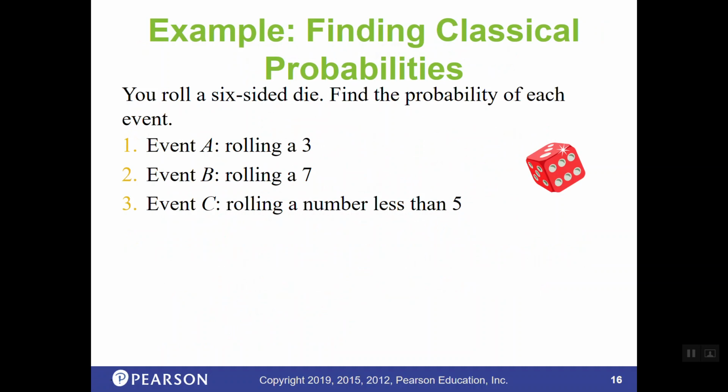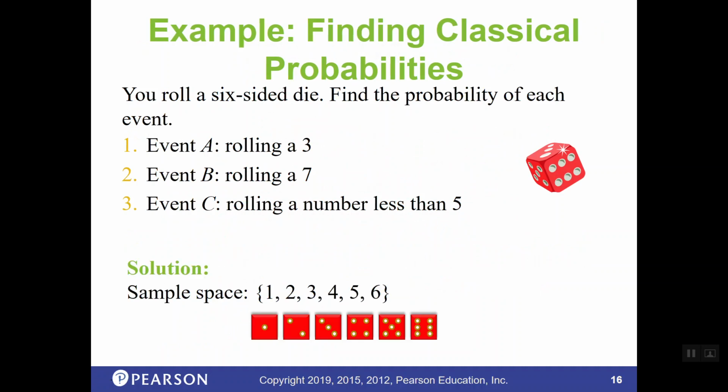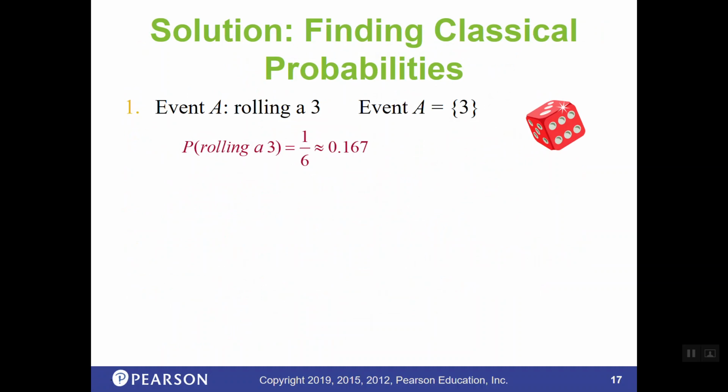Next, event C. Rolling a number less than 5. Less than 5 means that 5 is excluded. It's only considering the 1, the 2, the 3, or the 4. So there are 4 numbers to choose from, 4 out of the 6. You have to simplify that fraction. So that becomes